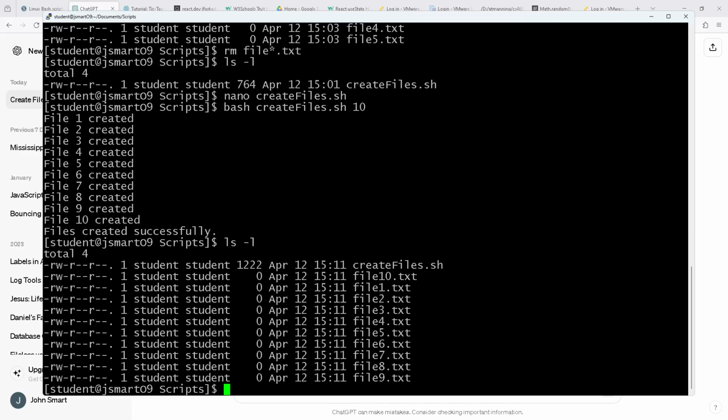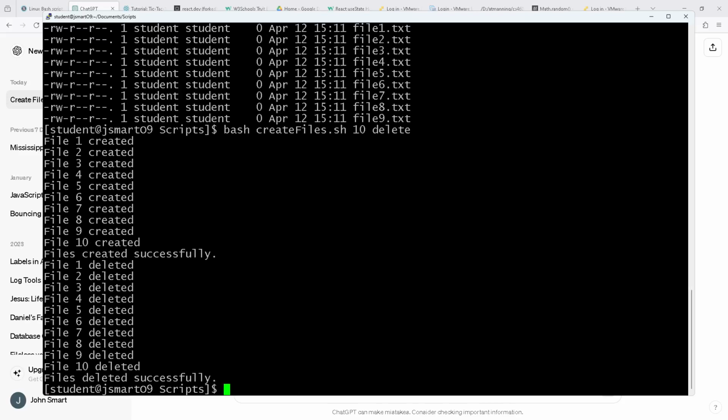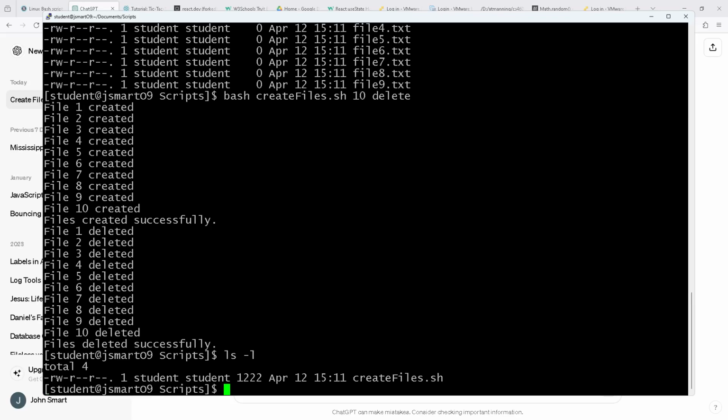Now, let's add the second parameter, delete. It's going to do the touch again, and now also delete them. ls -l, and it has deleted the files. So just a little bit of practice with a script, letting AI help us, and I've basically given you the answer to that little homework problem